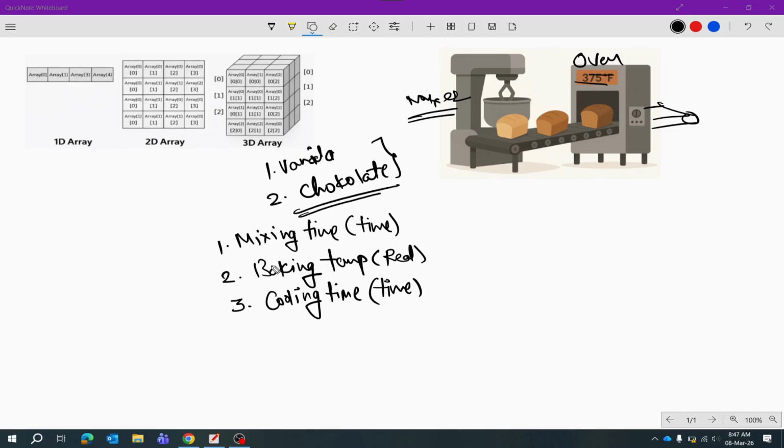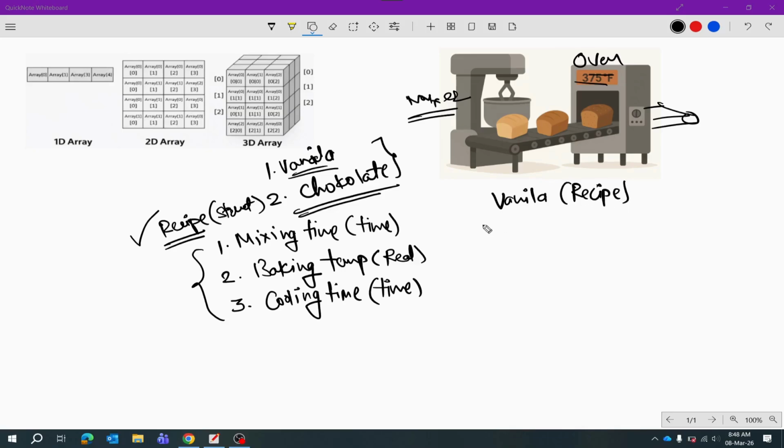Okay. So for this, I'm using these data altogether, so that's why I have to define a recipe as a tag, and this would be my structure. Okay, so I will create this tag, user defined tag, in my program, and later on I will align this tag with this vanilla and chocolate flavor. So when I align this tag with the vanilla, then the data type, if I select recipe as the data type, then it will look like this: vanilla